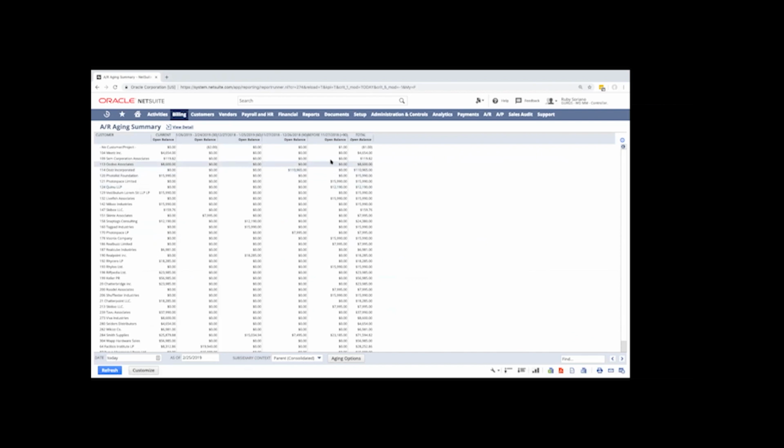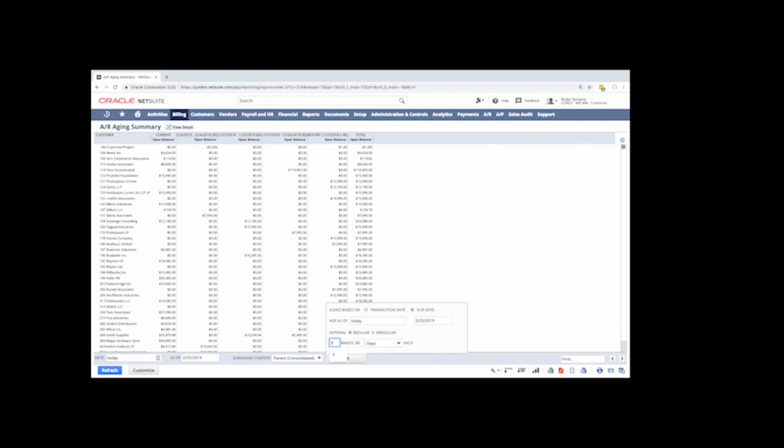And here we can see the standard 30, 60, 90, and over 90 bands for AR aging. But I can configure this myself. I have options. I can change the aging to be based on transaction or due date. I can change the as of date, and I can set up regular or irregular bands.